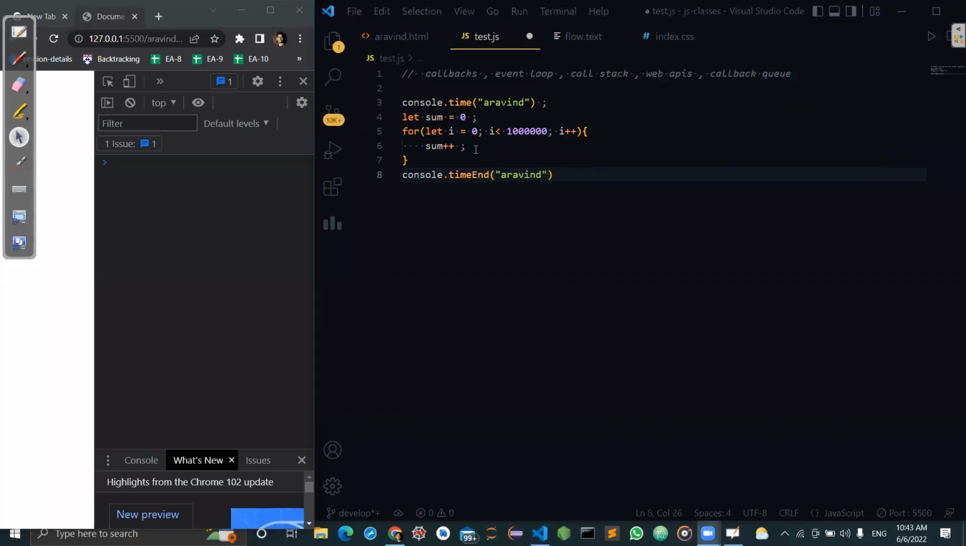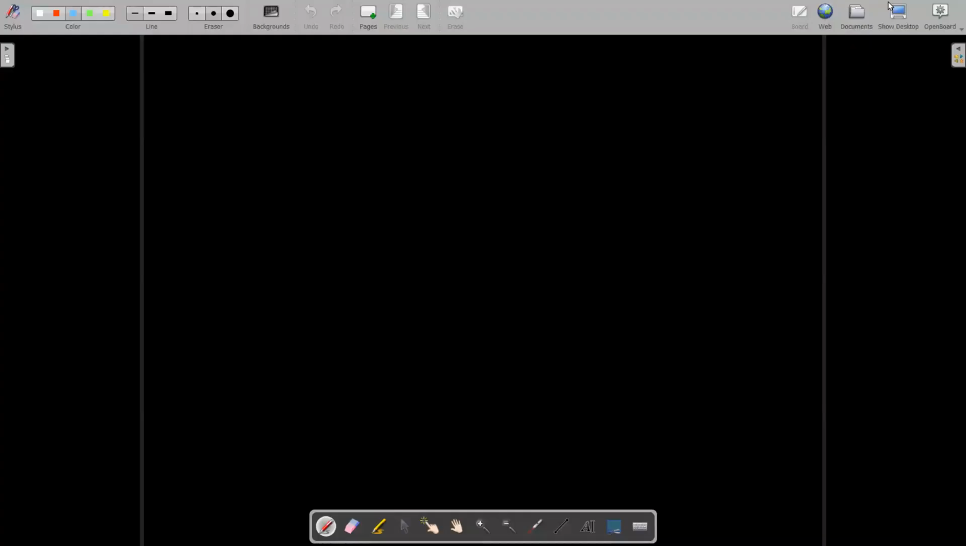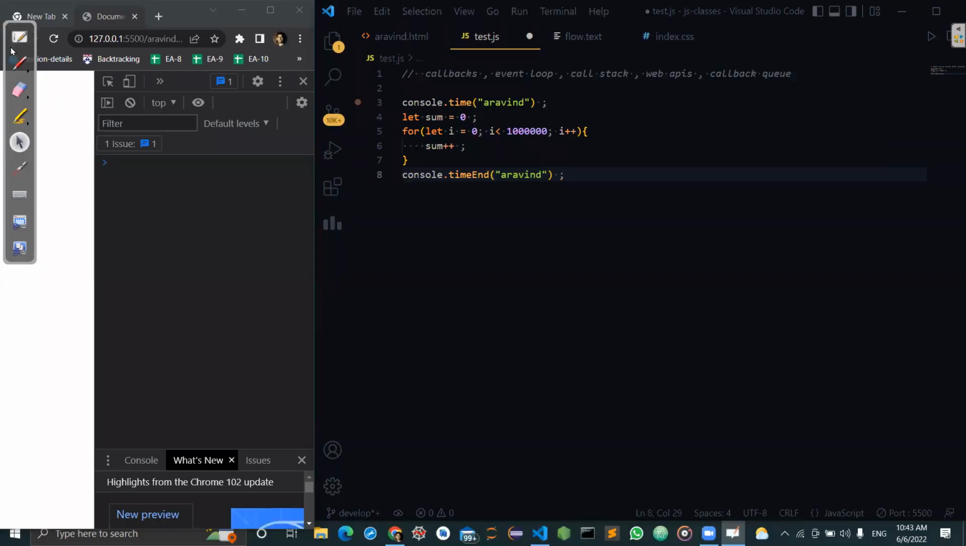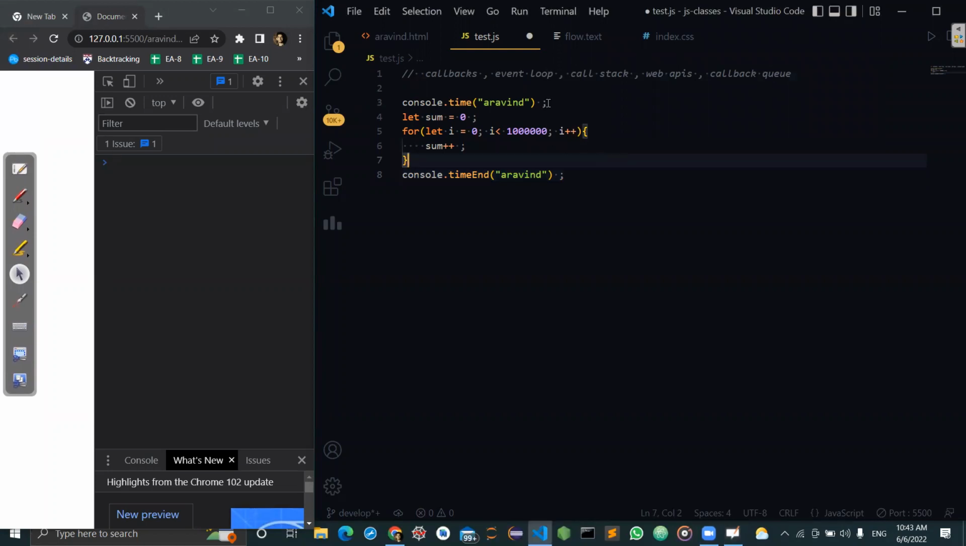So do you know what console.time and console.timeEnd do? How many of you have gone through this? I told you to go through this. No, you don't know, right? Okay, then see what it does: whenever you call this time function on the console